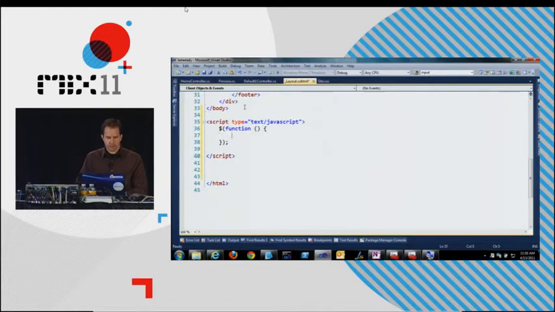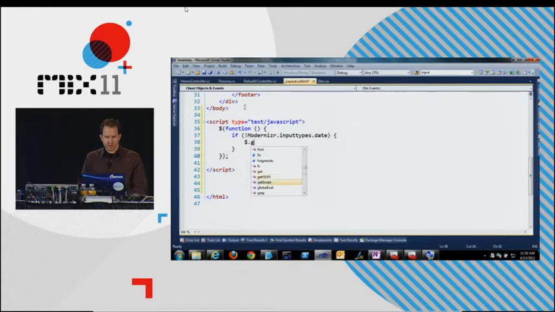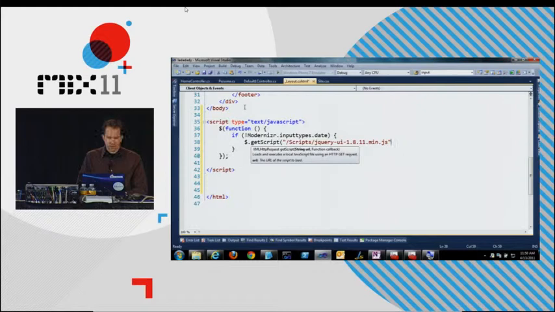And here we'll say, if not Modernizr input types date. I'm probably going to miss some curly braces here, friends. If you don't support dates, then go and load jQuery UI 1.8.11.min.js, comma,